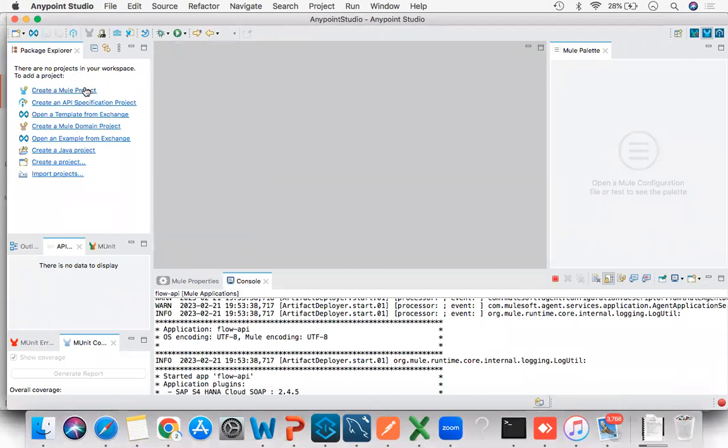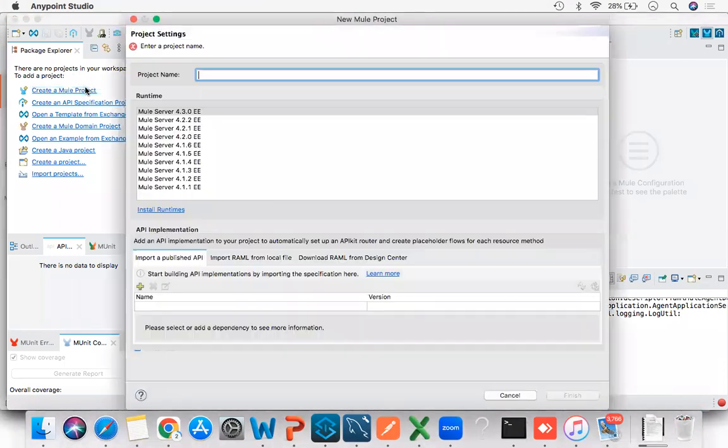Now I'm going to create a new project. What is our project name? Calculator. Calculation. So calculator. You just provide a project name. And can you see,